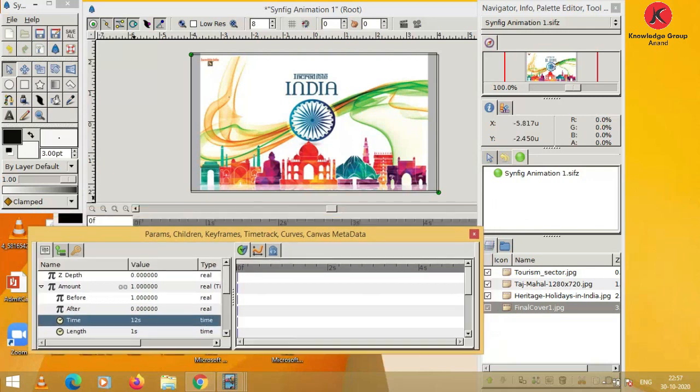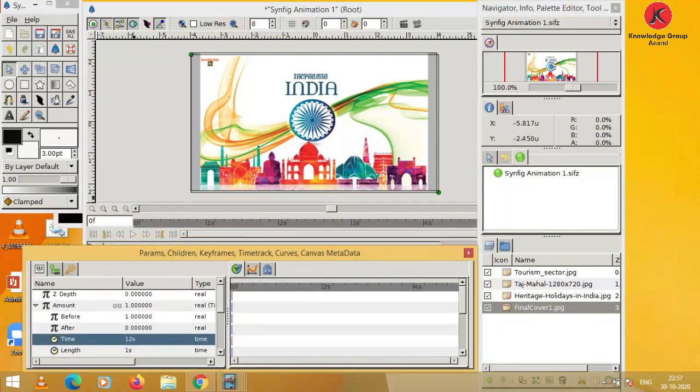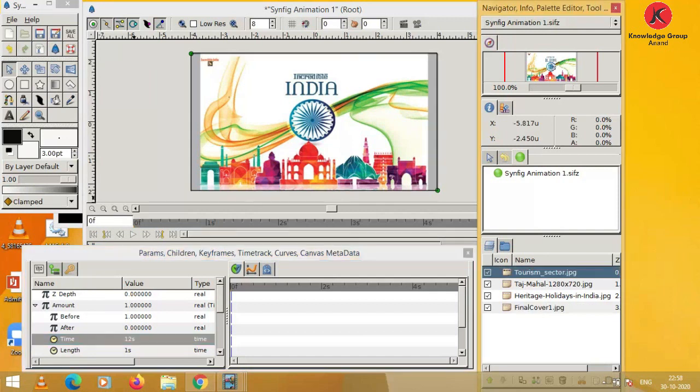Here you can see our animation, meaning our slideshow, is ready. Here you do not use the time animate editing mode. So our animation is ready, but before showing a preview, one thing: our time slider shows the default 5 seconds and our animation is for 12 seconds.